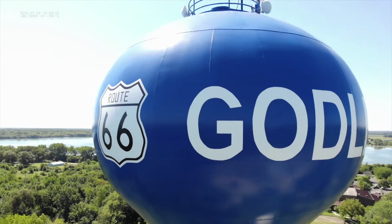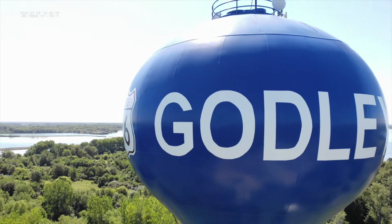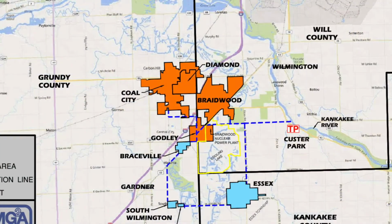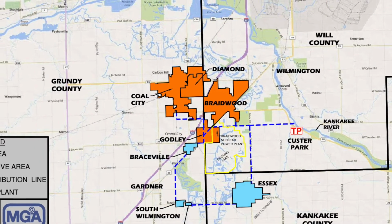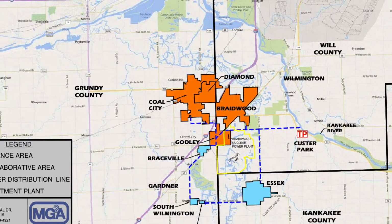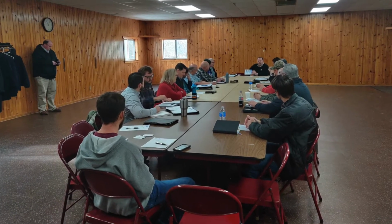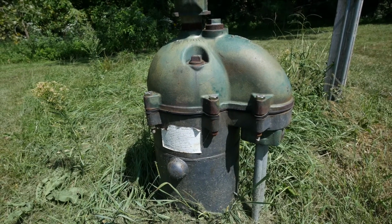They're currently a groundwater source with radium issues. They brought RCAP in to help them build a regional project. They had some potential to bring surface water from the Kankakee River and build a treatment plant, but they wanted to get a partnership with the surrounding communities so they can build what they're calling a water alliance, so that these small communities could get off of the groundwater and the radium treatment and then go to a surface water